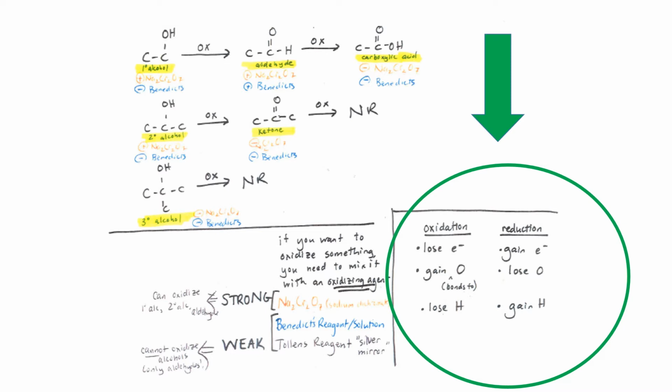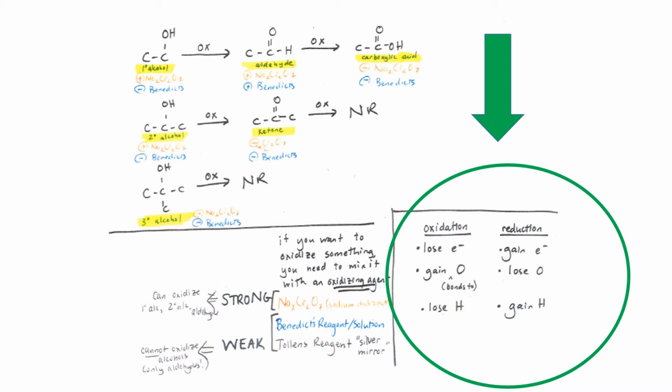Carbon, of course, always has to have 4 bonds. It cannot have 5 or 3. So if it gains 1 or more bonds to oxygen, then it has to lose 1 or more bonds. When carbon loses bonds in an oxidation reaction, those bonds will be to hydrogen. So if carbon gains 1 bond to oxygen, it will lose 1 bond to hydrogen. If it gains 2 bonds to oxygen, it will lose 2 bonds to hydrogen.